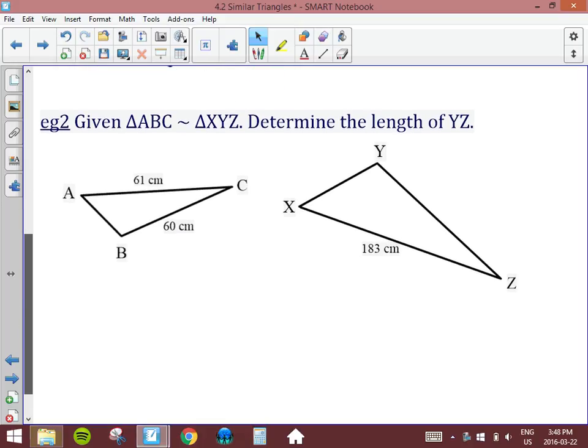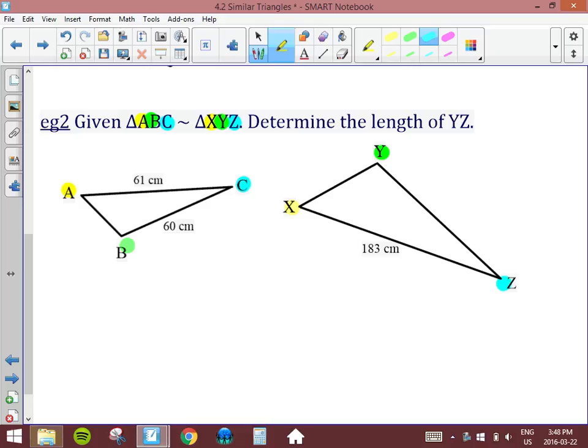In example 2, again, we're given that triangle ABC is similar to triangle XYZ. So this is a little bit trickier because they have spun the triangle on me, but I know that angle A and angle X are going to match up together. Angle B and angle Y are going to match up together. And angle C and angle Z are going to match up together. I need to find the length of YZ. So what they're asking me to find